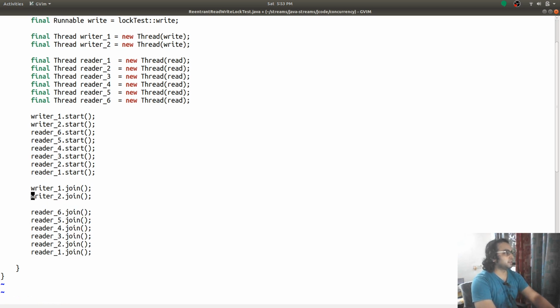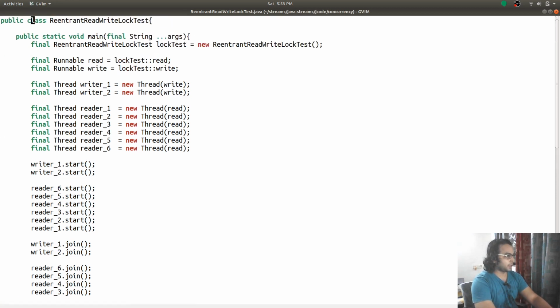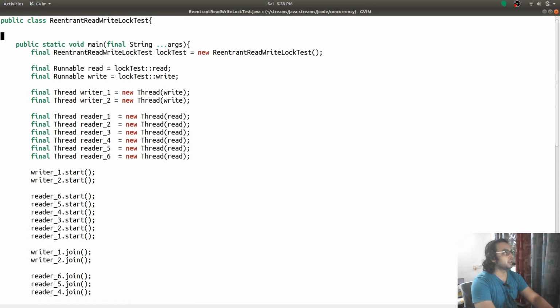And the main thread is going to wait for all these threads to finish, and now we need to have some values so that we can read and write the value.